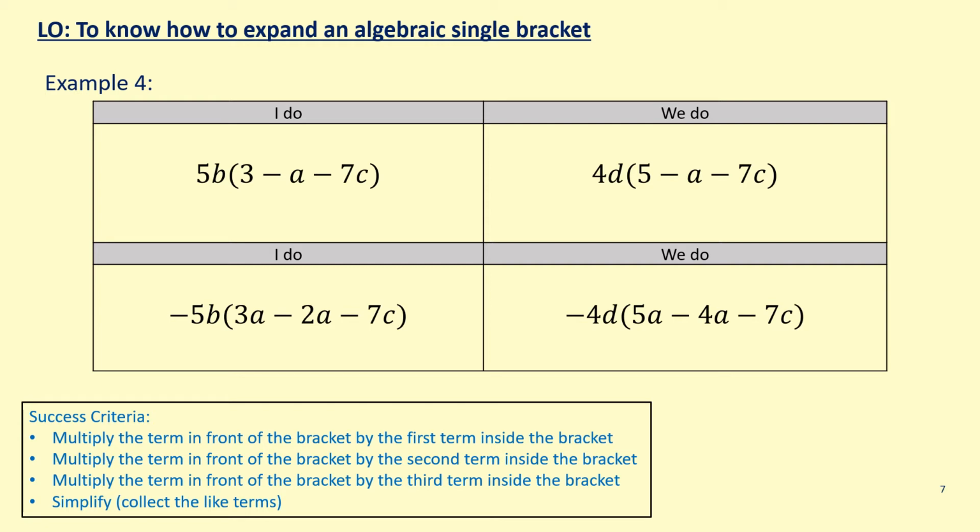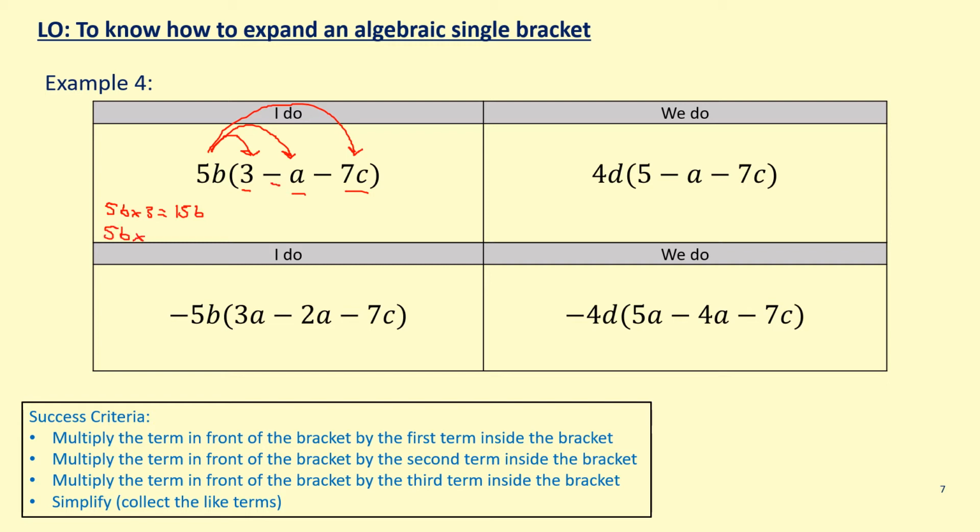So we have here a few more examples, and this time we want to collect the like terms at the end, I believe. So for now, it's the exact same as before, but there are 3 terms inside the brackets now. So we're going to do 5b multiplied by 3, 5b multiplied by a, and then 5b multiplied by 7c. So 5b times 3, 3 times 5 is 15, add the b, and then we've got 5b